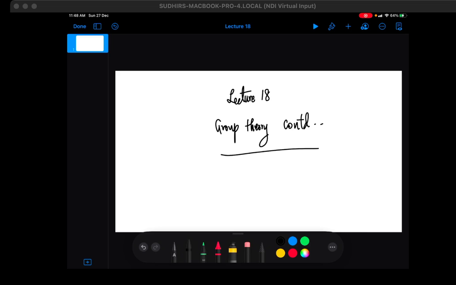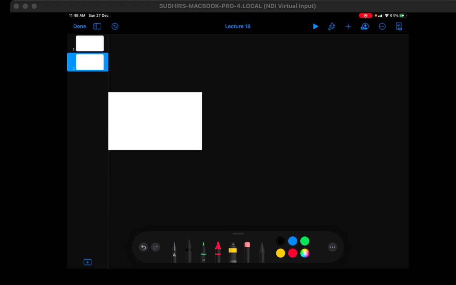Okay, friends, let's just start lecture 18. We'll continue our basic review of group theory. The last time we have been talking about the group axioms,